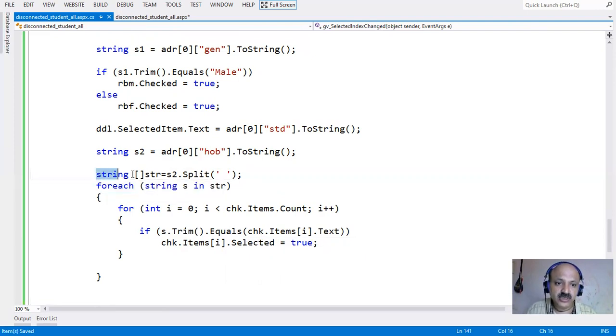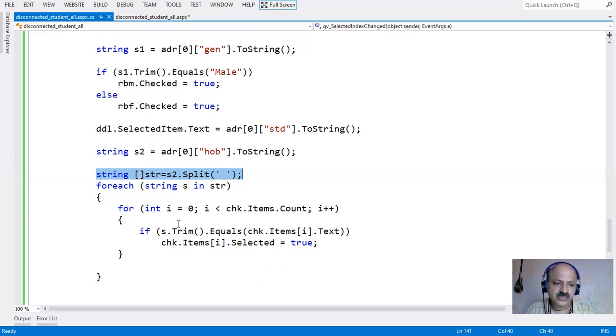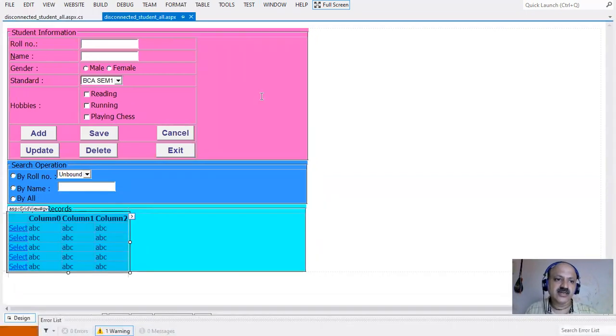So there is very important logic: there is splitting, and then we use foreach to go one by one through each value, use the appropriate Equals method here, and that checkbox is turned on. If you want, you can also take the value individually, there is no problem. Here we can check whether that record is selected or not, and if not we can take it individually. Sometimes we use split. So like our design view, our hobby has two parts, playing chess, and that is the only issue. So let us check, I just run, and the record is selected, then we can perform update and delete operations.